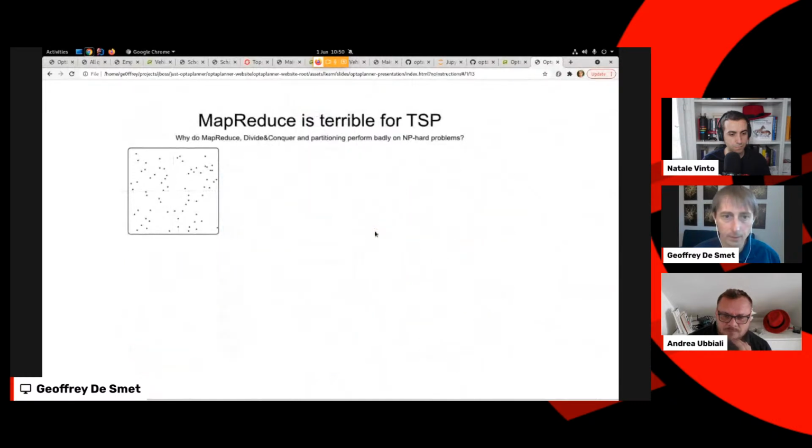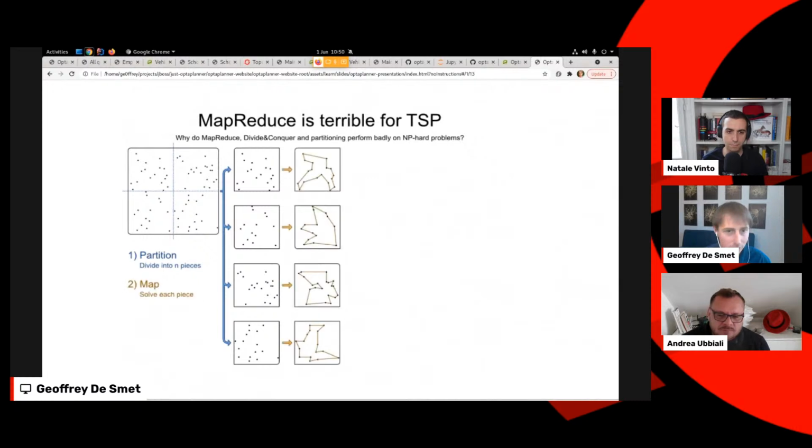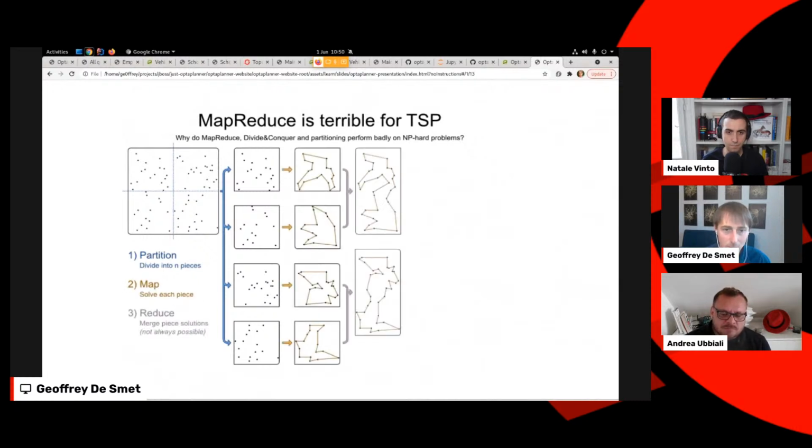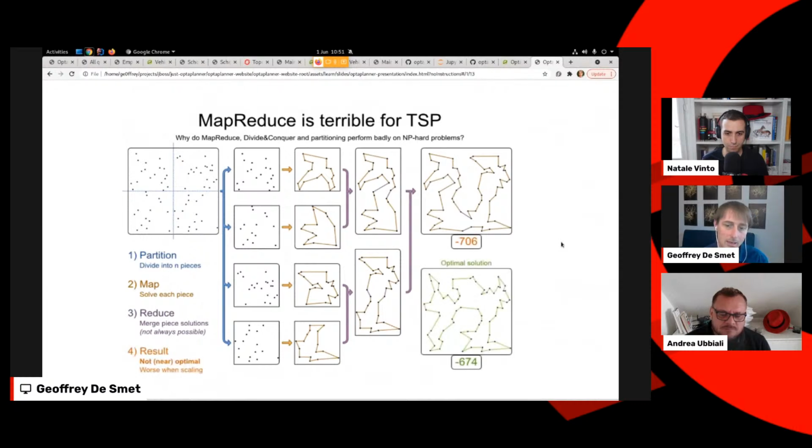Okay. So if you take a planning problem, I've shown the solution already, but just bear with me for a second. This is a traveling salesman problem. We need to send one vehicle to all of these locations, to all of these dots, and we need to find the shortest line that connects all of these dots. If you say we split that up into 4 pieces, and we solve those 4 pieces optimally, and we put those 4 pieces back together, you get this solution. So this is a single line that goes through all of these locations. But it's not the optimal line. The optimal line is actually shorter and looks quite different, as you can see.